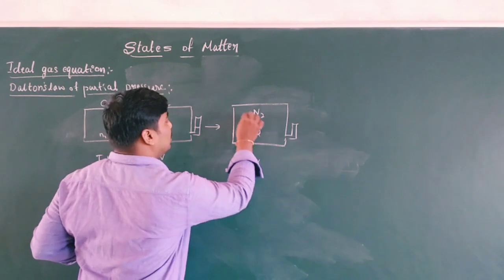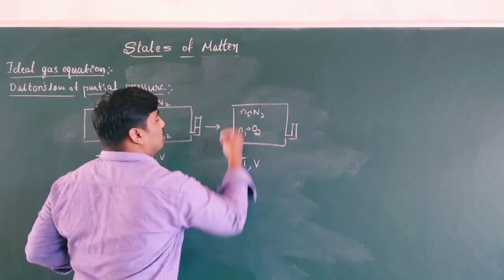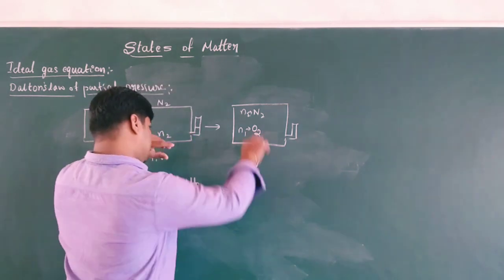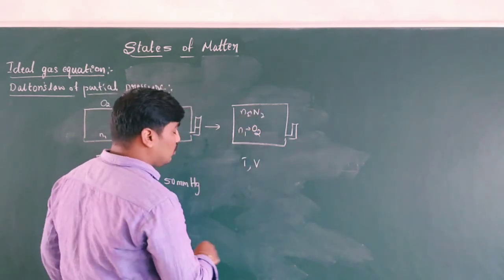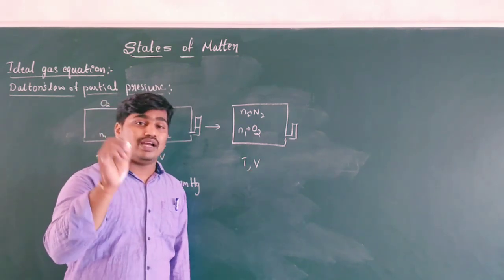There are no changes. N2 amount of nitrogen, N1 amount of oxygen. Amount of substance is also constant. Amount of substance or gases is also constant. Temperature is constant. Volume is constant. For a given condition of